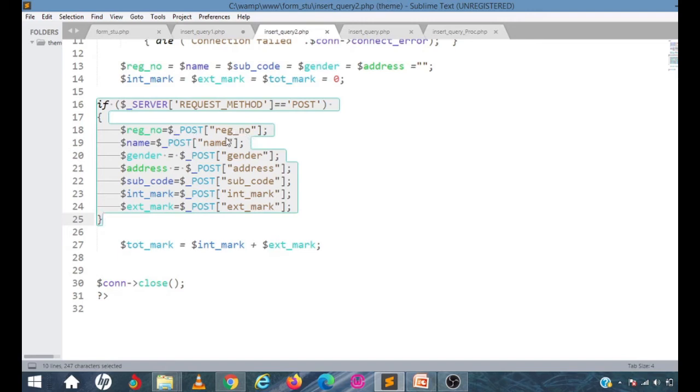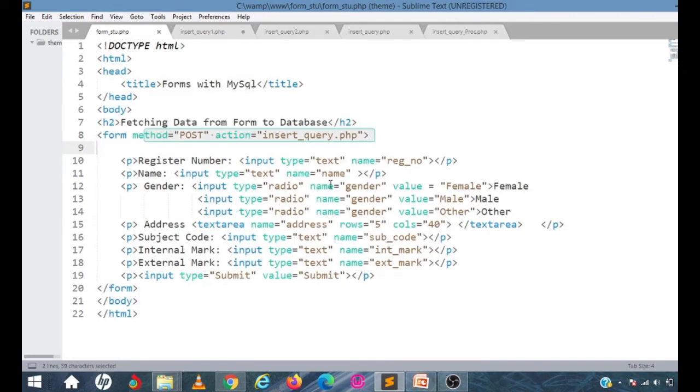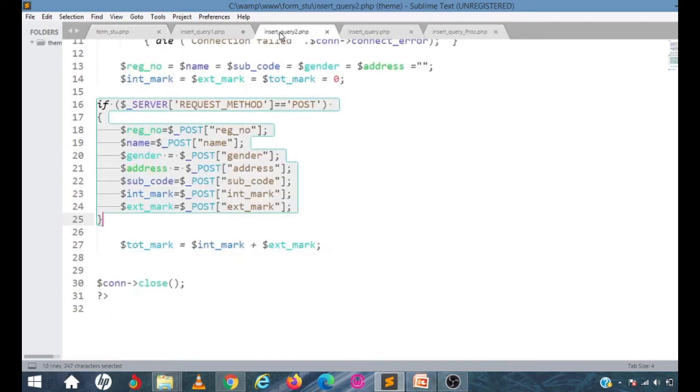Remember, all this register number, name, gender, address are all the names of the controls. The name of the control is register number, name, and then gender, then you have got address, subcode, int mark and external mark.